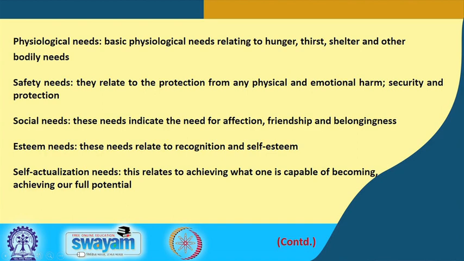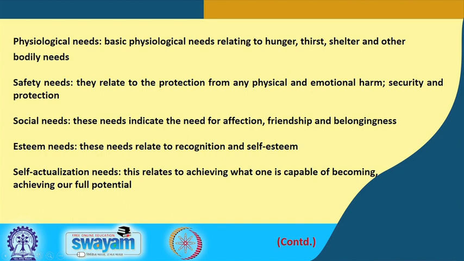Then there are social needs which indicate the need for affection, friendship, belongingness. There are esteem needs which relate to recognition, self-esteem, attention and achievement, and self-actualization which again relates to achieving what one is capable of achieving when one is at full potential. So, these are 5 needs which Maslow arranged in a hierarchy, and he said that these needs exist in each